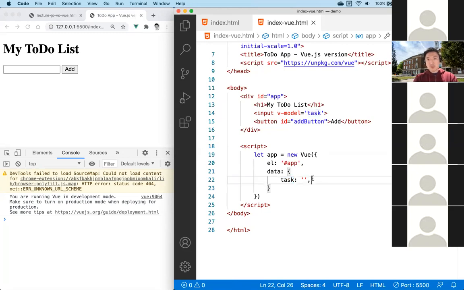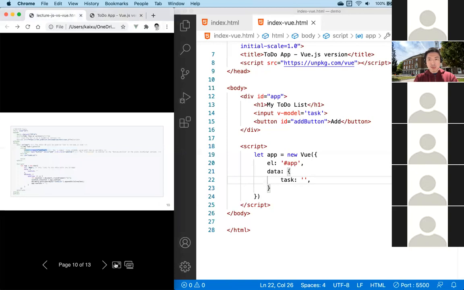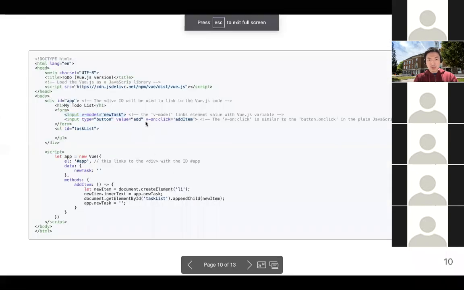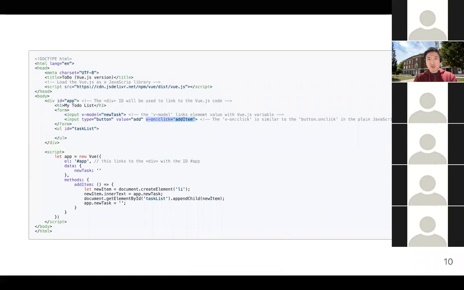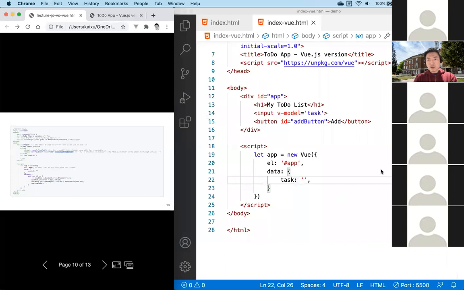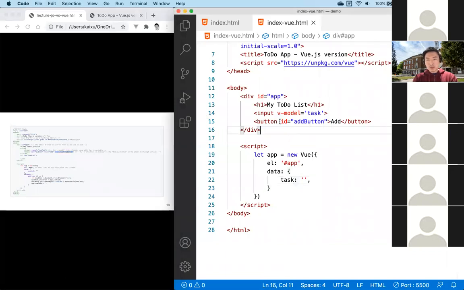Okay. And then the other thing now is to do the interaction part, to add. So basically, when something happens, you want to have an action here. The way to do this in Vue.js is again slightly different. You say v-on:click equal to something. So v-on:click is a Vue directive. Sorry, v-on is something similar to